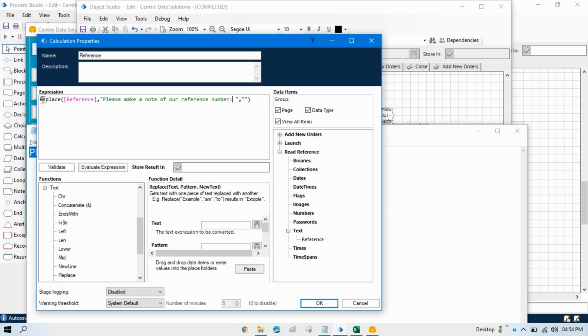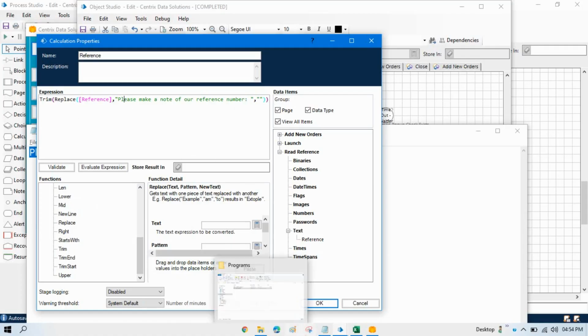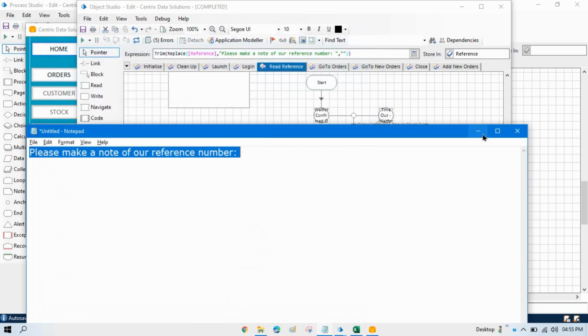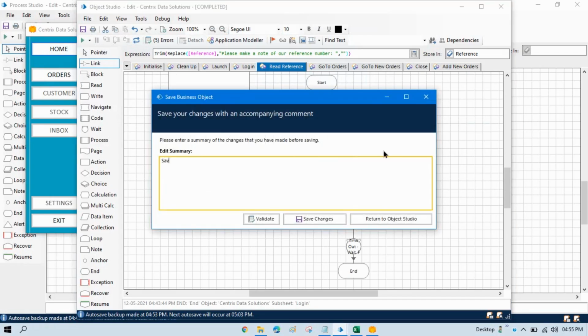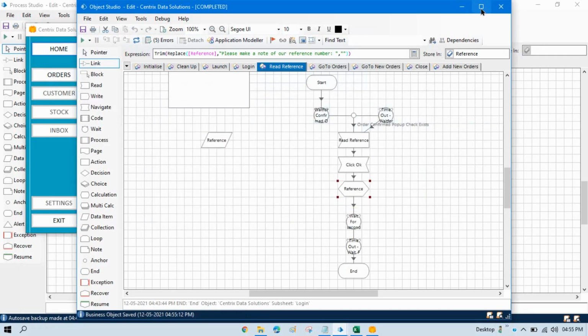Now what we can do, we can take one trim here, trim function. Let me search if we have trim here. Okay, we have trim. So what will happen after that, we can remove all the spaces here and store in the same reference data item. So now we have the updated reference here. Connect this, save this, close this,